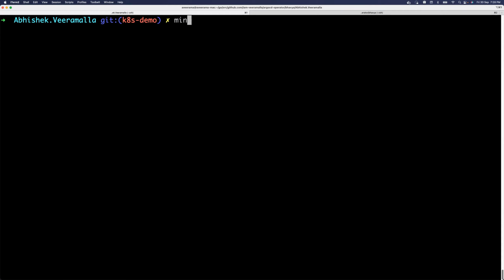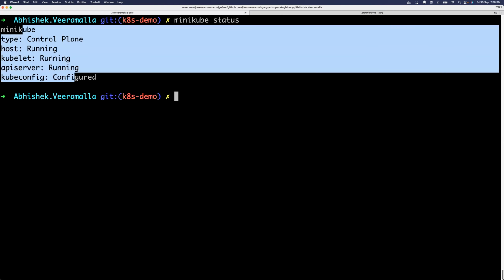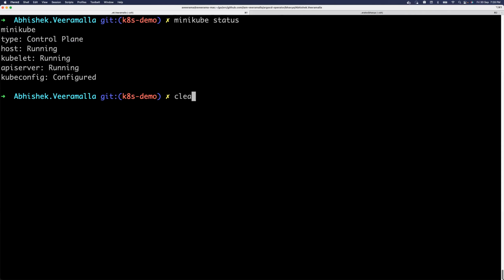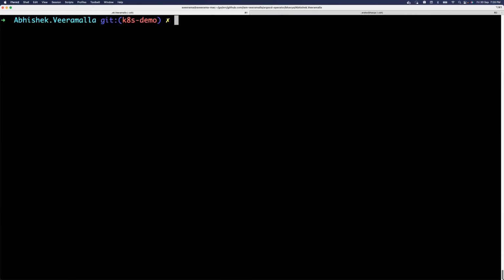Okay, so if you see here, let me check the status of Minikube. So I've got the Minikube cluster running. It is just created on a HyperKit virtual machine, and the Minikube cluster is there. So now what I'll do is let's start writing a simple